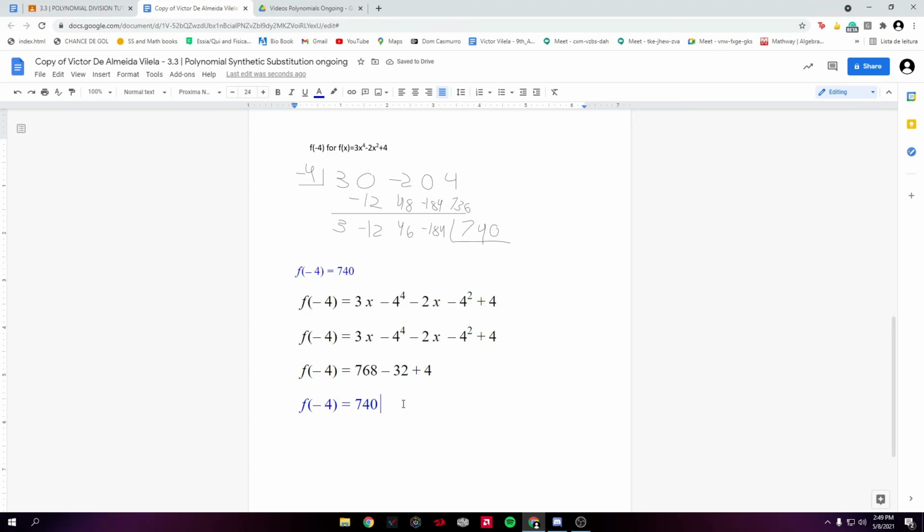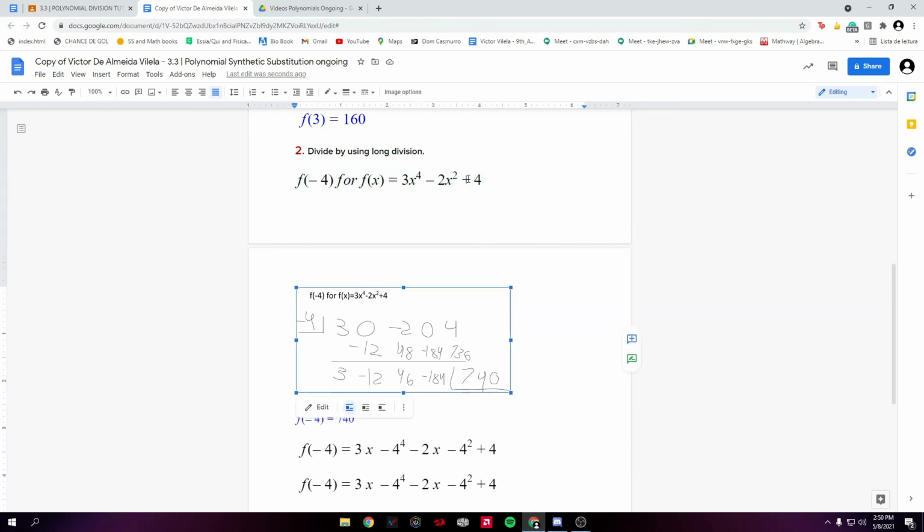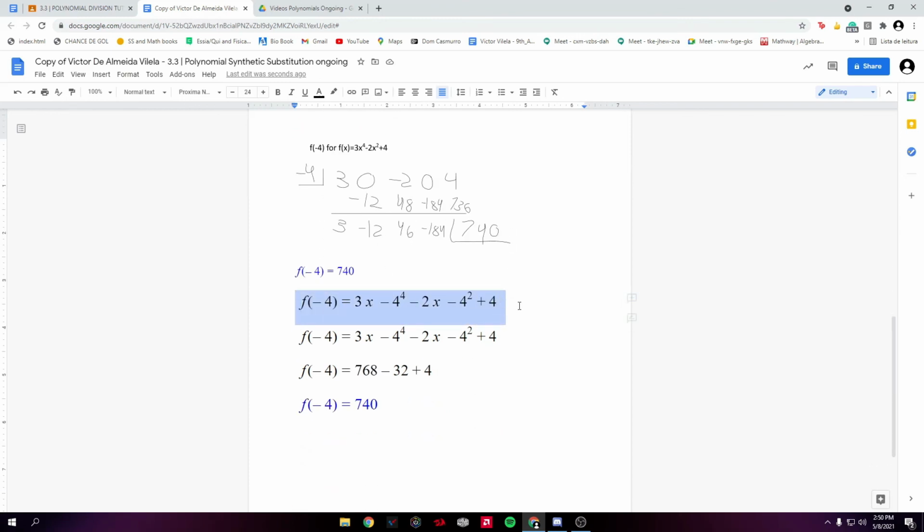So let's just recap. First, you get the negative 4, put it in the little box. You get the numbers. Don't forget to add the zeros if you're missing powers. You do the multiplication here. You lower the 3, multiply, do the normal process, and get an answer. After, how can you check if this answer is correct? I like going over it once, and then if it's correct, I like doing this just to absolutely check that I'm correct. You can get the negative 4, put it into the x of all of the polynomial, and then